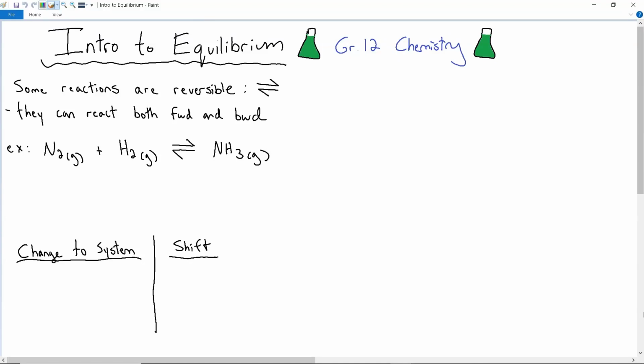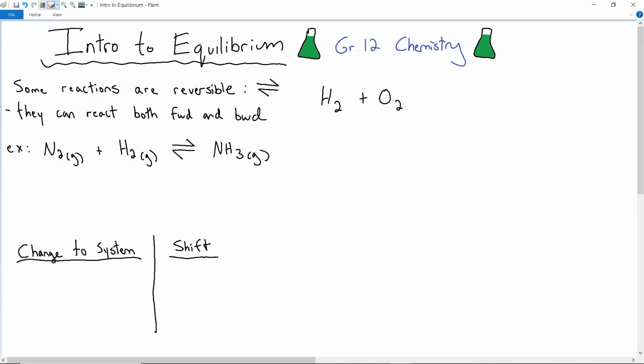Hey everyone, just wanted to do a quick introduction to equilibrium, which is a pretty substantial unit in grade 12 chemistry. So it is very important to understand the fundamentals of equilibrium. So the core idea is that up until now in chemistry, you've really just been thinking about reactions going one